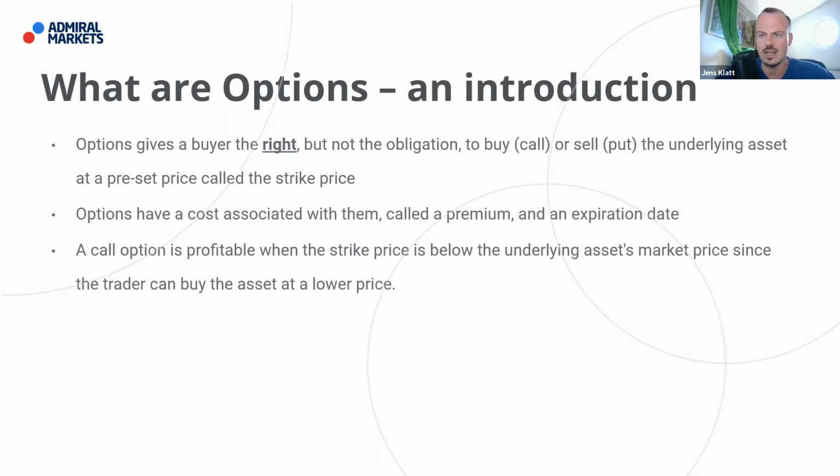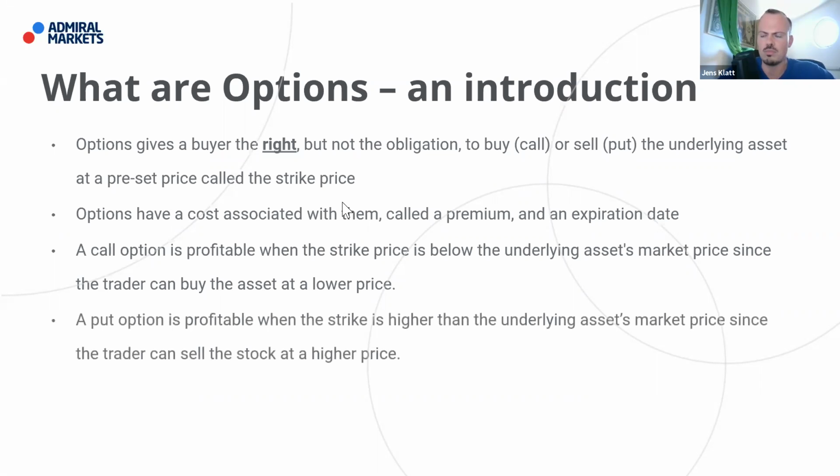So 50 is then the difference, the profit you make on this option, in fact. And the same is true for a put. This is probably a little better to understand, because you can understand a put option as if you're a long put, that means that you bought some kind of insurance, in fact, to insure your portfolio, for example. And once the market moves below a certain threshold, you're then allowed to sell, in this case, your stock at a higher price, in fact.